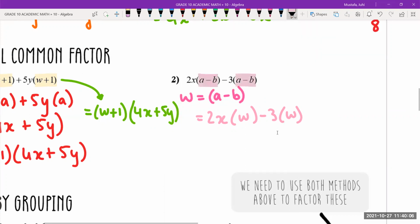Okay, what is the common factor between these two terms? What's common between both of them? The letter W, so I'm going to factor it out. If you want to keep it in brackets, you can. And now I ask myself, W times what is going to give me 2xW? Did you get 2x? And then W times what over here will give me negative 3W? Negative 3. And then we need to bring back the W, which was...